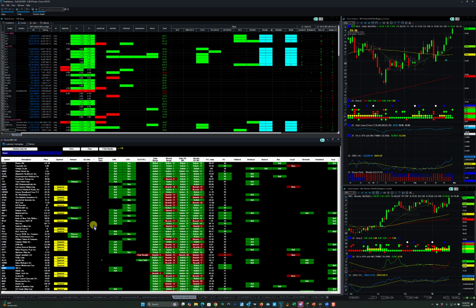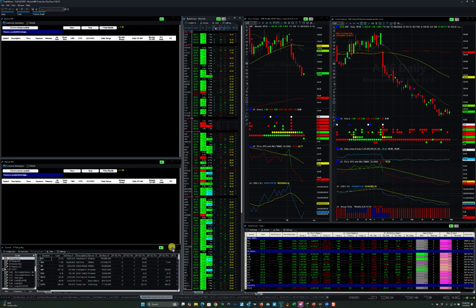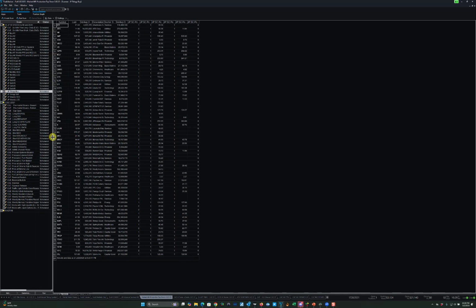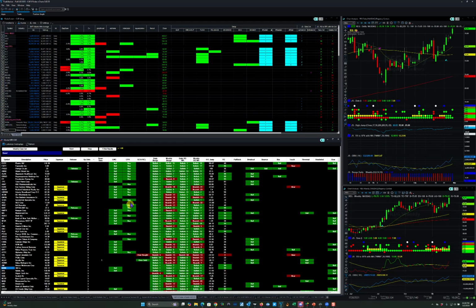But what it is, it's a scanner. But the TradeStation scanner doesn't look like that. All you get in the TradeStation scanner is this. And by the way, it is not a stable platform. It's 32-bit and it sucks. But that's just my personal opinion. How about you run it once